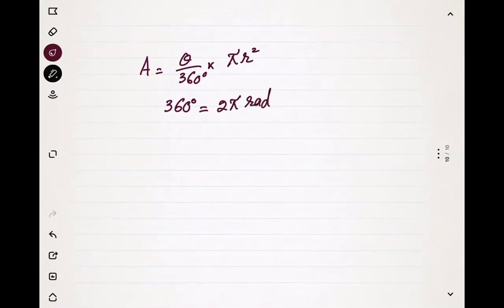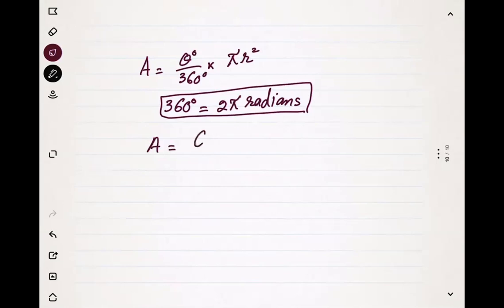However, before that, from where do we get this formula for area of sector? In your O level, you studied area of sector is theta over 360 into pi r square. Now 360 degrees that you studied in your O level, in radians it is 2 pi radians. So in a complete circle, the angle can be given as 360 degrees, or as 2 pi radians. Now if you convert the unit of angle from degrees to radians, then the same formula could be written as theta in radians